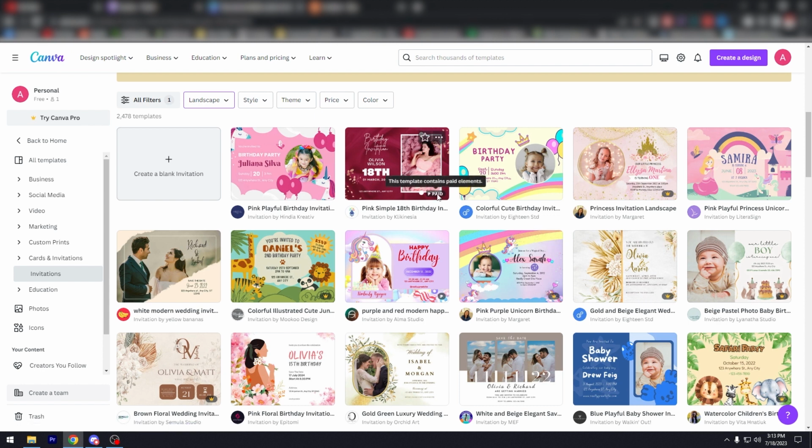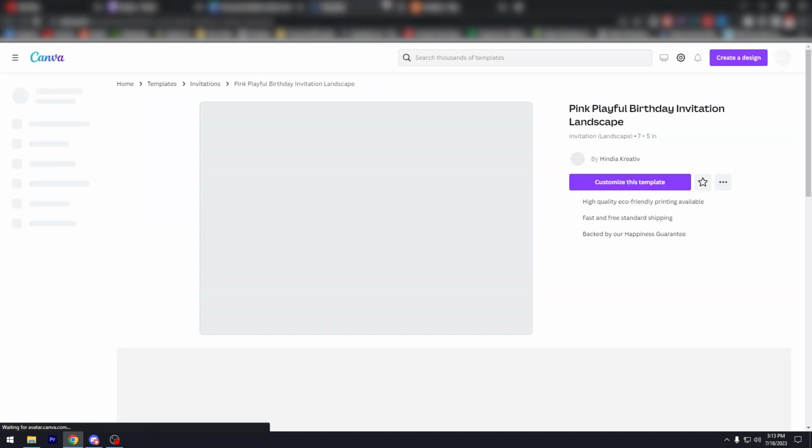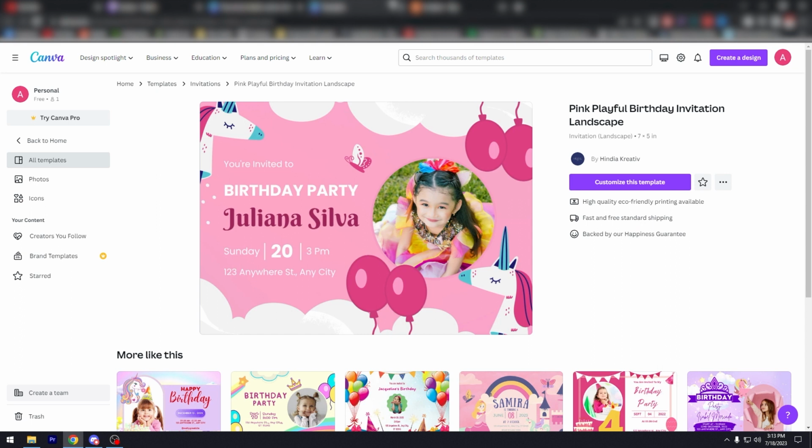And then you have something that says paid. This template contains paid elements, so you don't need Canva Pro, but you do need to pay for the element. But if you have something like this, right? Click on this, and as you can see,